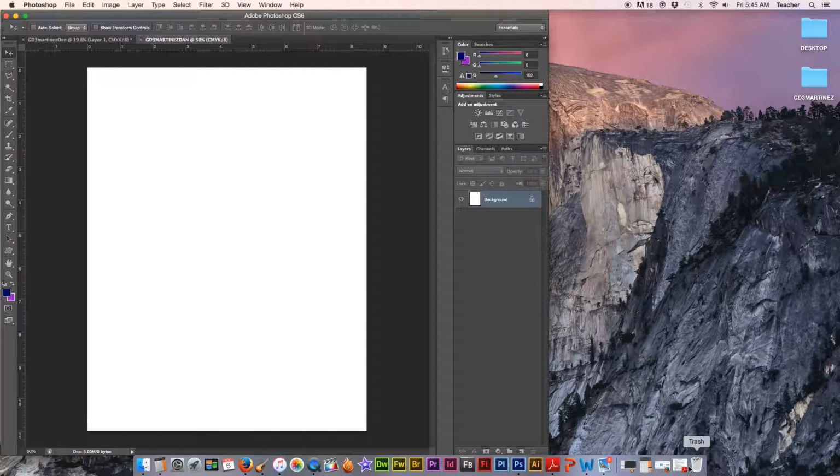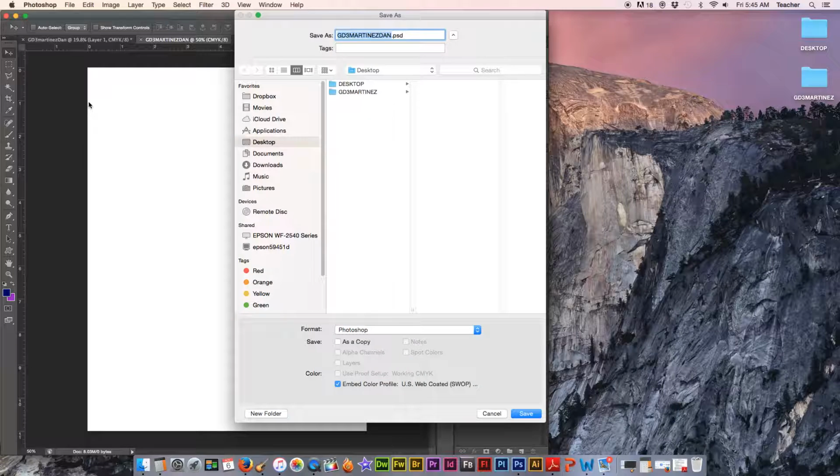So let's go back to Photoshop so we can save this file that you just created. You go to File, Save As. And on my desktop, I'm going to find that folder that I created, and I'm going to save my project file